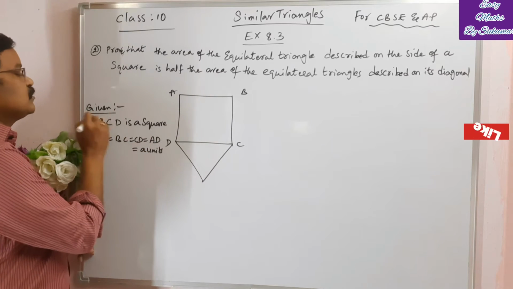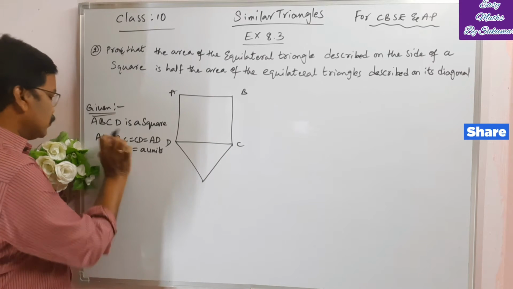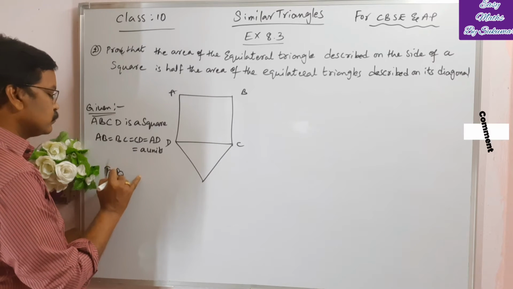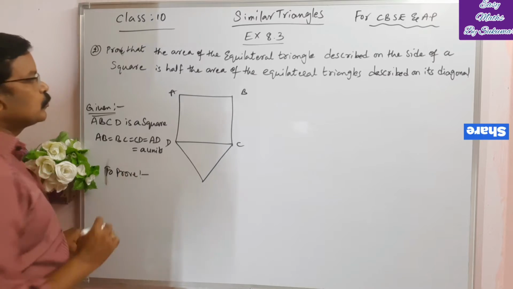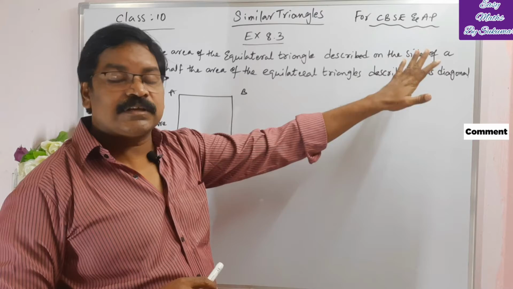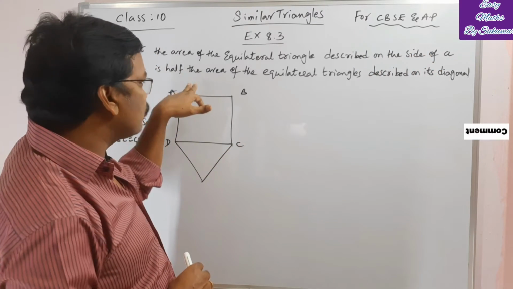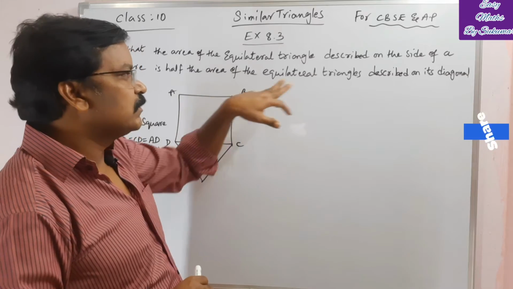Okay. This is given. What is to be proved here, my dear students? To prove: the area of an equilateral triangle described on the side of a square is half the area of the triangle